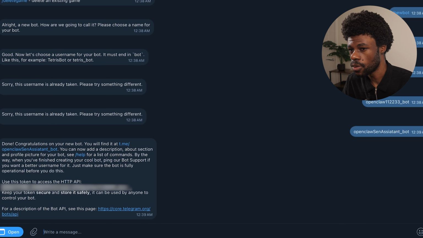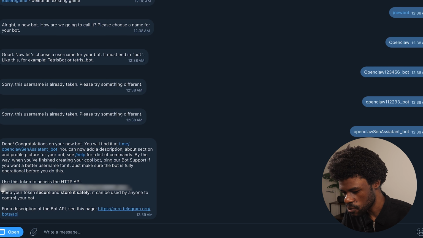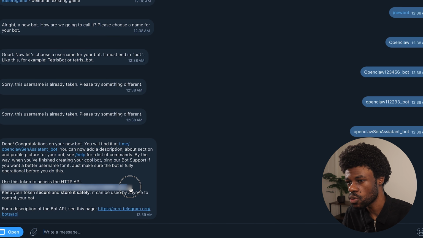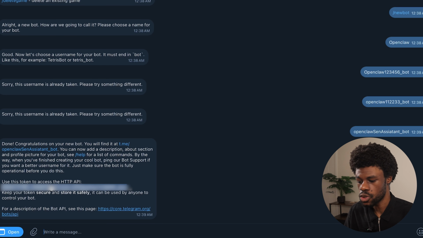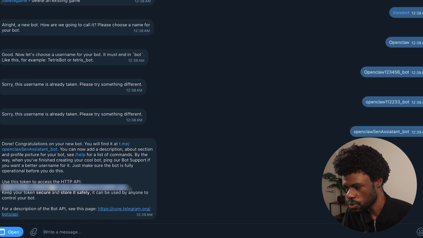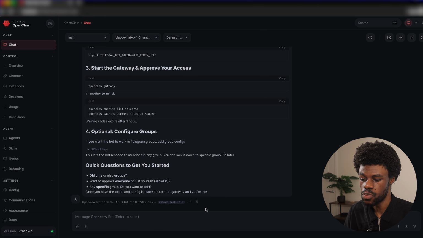Great. Now it's confirmed that we've got the setup. So what you now want to do is take the token. It's very important. This is literally your password. So it's very important that you don't share this information. So you take the token, you copy and paste it, and then you're now ready to move on to step